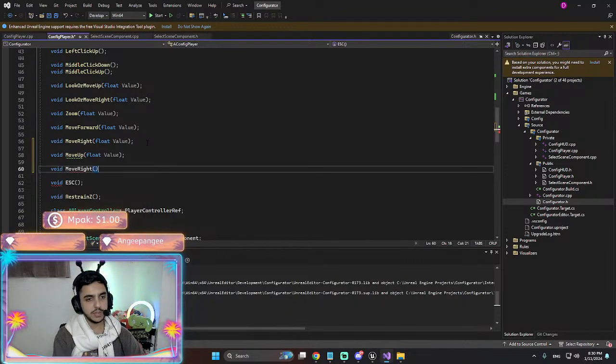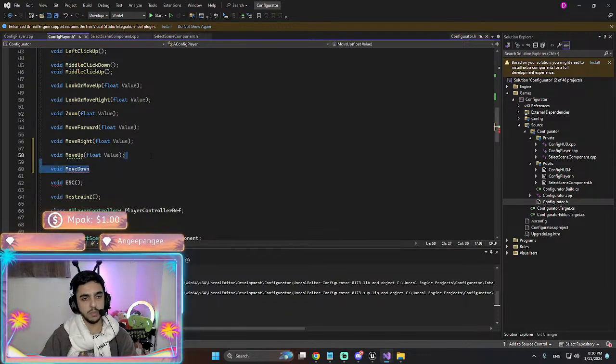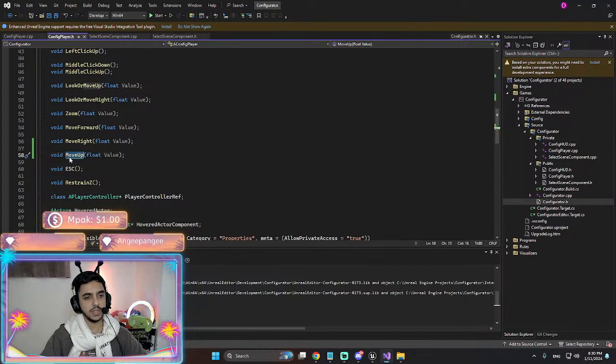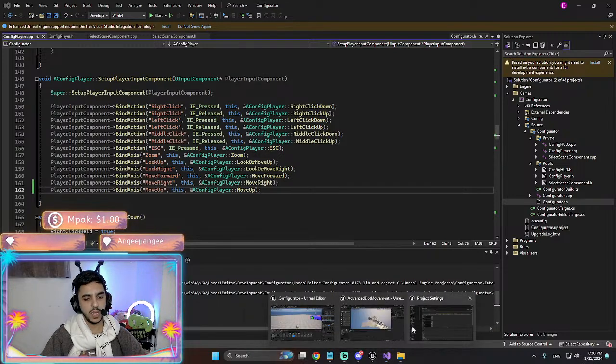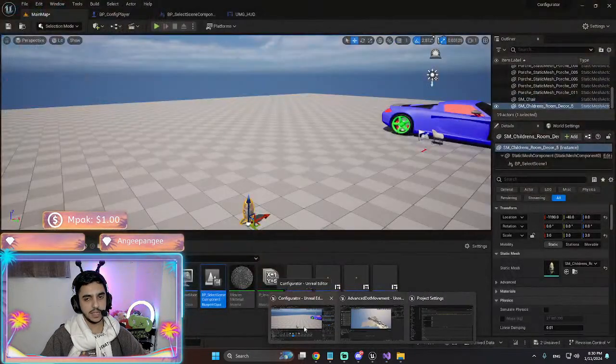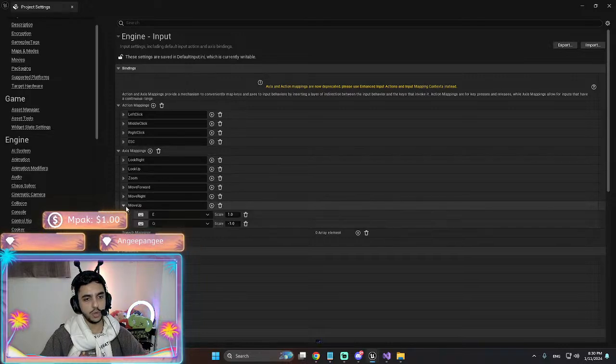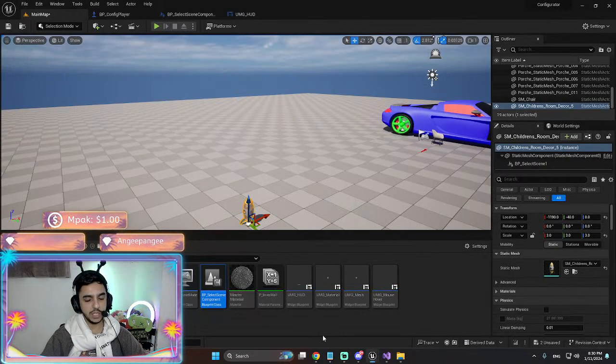Move right. I'm sorry, move down. Oh, we don't need a move down, right? I was making a mistake, so we don't have a move down. We only have move up. And then here we have the same thing. Move up, yep, with E and Q and a value.